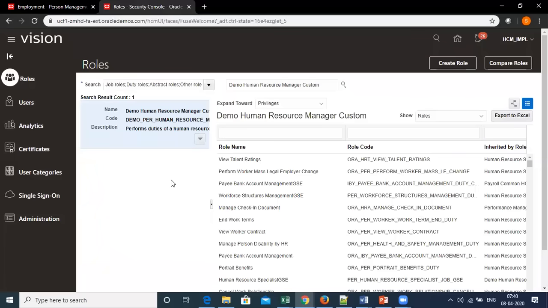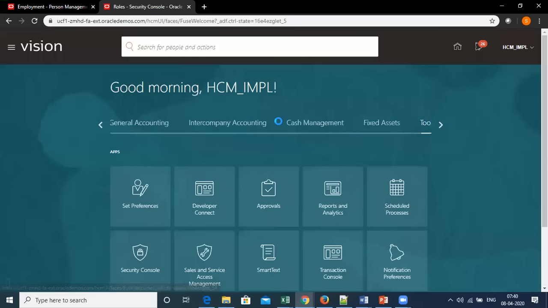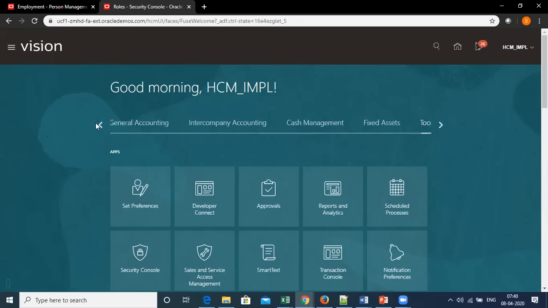Okay. Now let's go to the data role, which, as we have discussed, gives you the feature to create controls to restrict data access. Now from where can we see the data role?